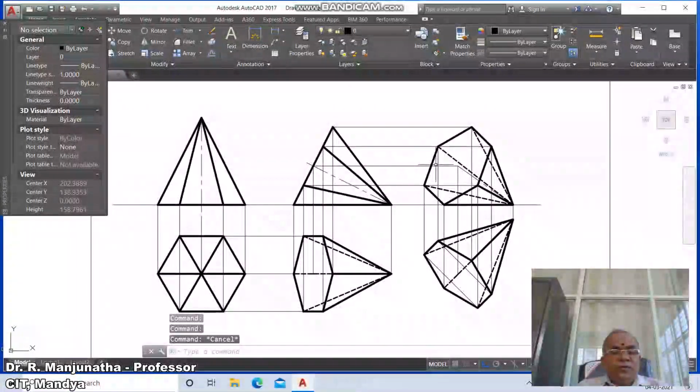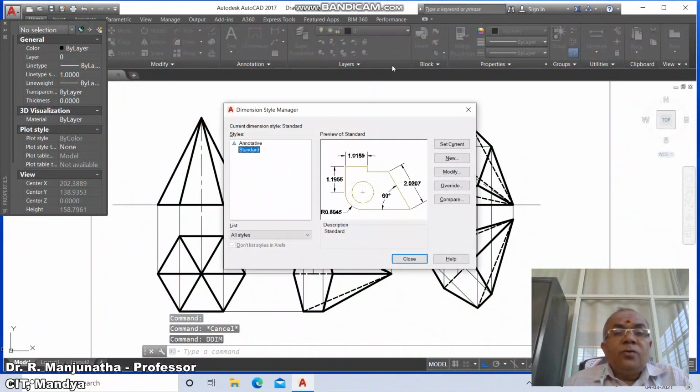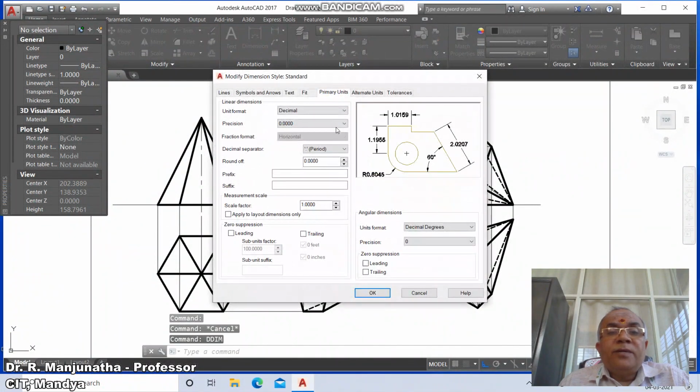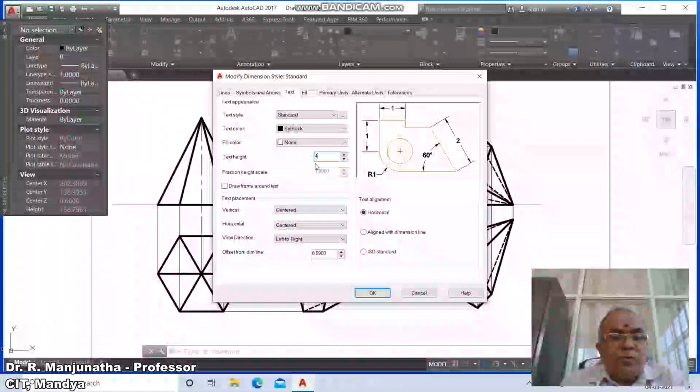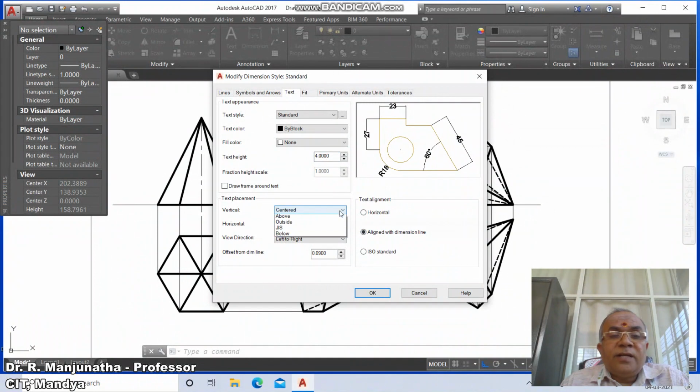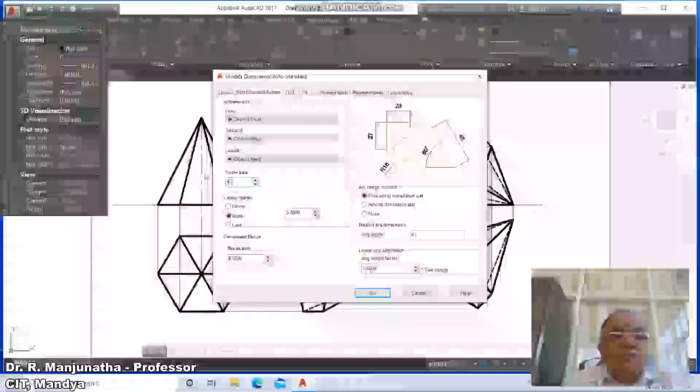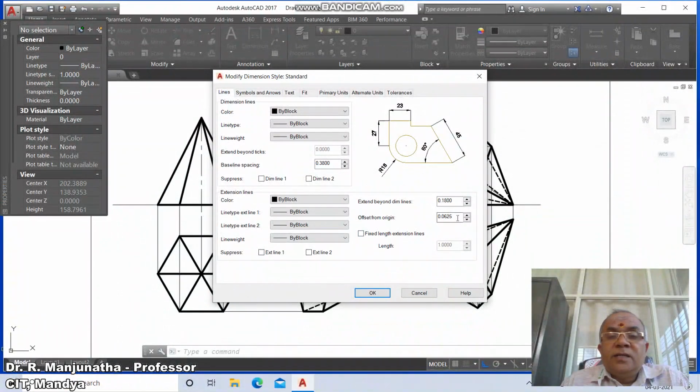Then we go for TDIM, go to modify, go to primary units, make it as 0, then go to text, type 4, align with the dimension line, center becomes above, take the dimension offset from the dimension line as 3, symbols of arrow size as 4, then go to line, take offset from the origin as 3, and say OK,